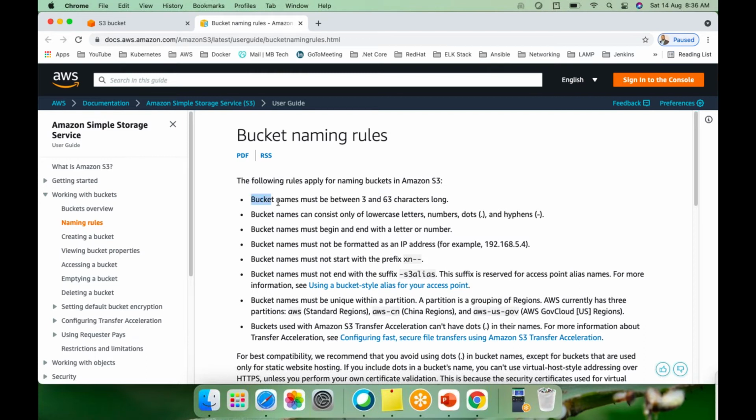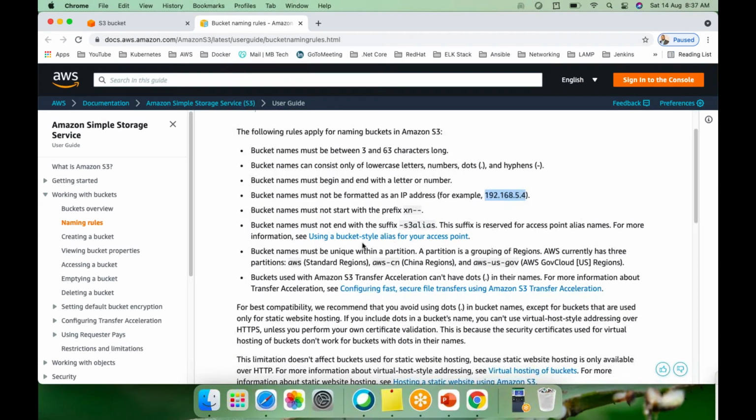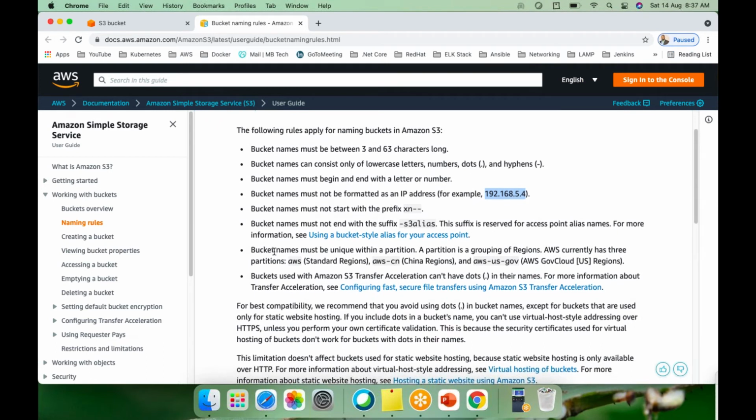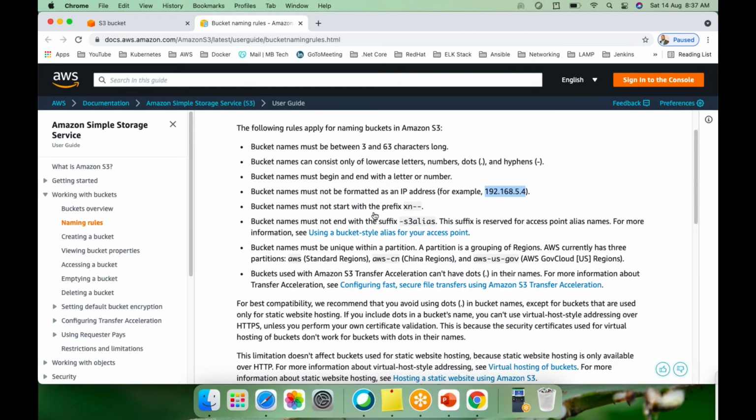Bucket names must be between 3 and 63 characters long. Bucket names can consist only of lowercase letters, numbers, dots, and hyphens. Bucket names must not be formatted as an IP address, so we cannot create a bucket name with an IP address. Bucket names must not start with xn.